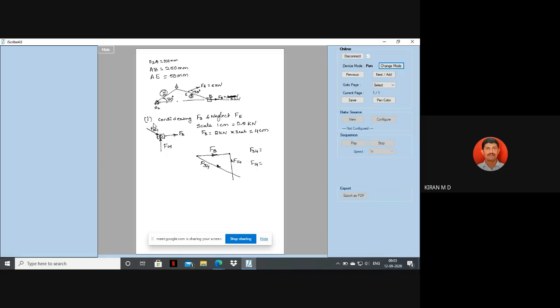Do that. Sir, F34, should we take it from the first diagram or the second box that you have drawn, sir? You said you have to take parallel lines. It will be parallel to AB, this connecting rod. This piston undergoes force from the connecting rod, so parallel to this AB line.